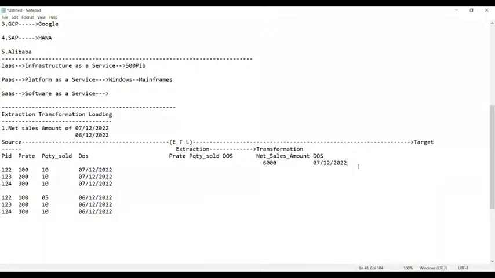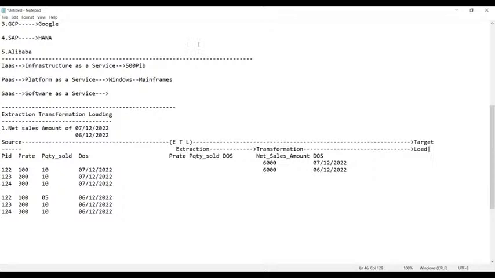And what about the next one? What is the next day you have? The previous day is the 6th day, and we have the 6th day also the same. Out of these 6 lines of data, how many lines have you extracted here? 2 lines of data, and this is the actual process of transformation. Once the transformation is done, finally, we load the data into the target system, whatever we have.